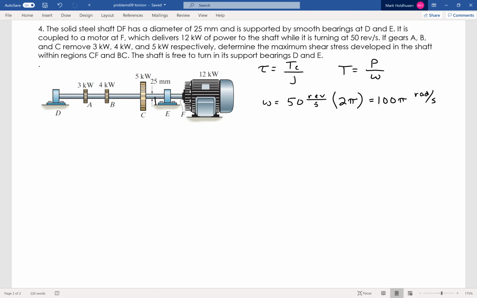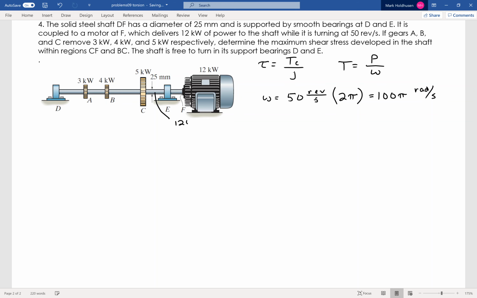This first segment has the full power going through it. This is segment CF, so that's going to be 12,000 divided by 100 pi. Again, that's the power divided by the angular velocity. Then it pulls off 5 kilowatts. So between B and C, I'm going to have 7,000